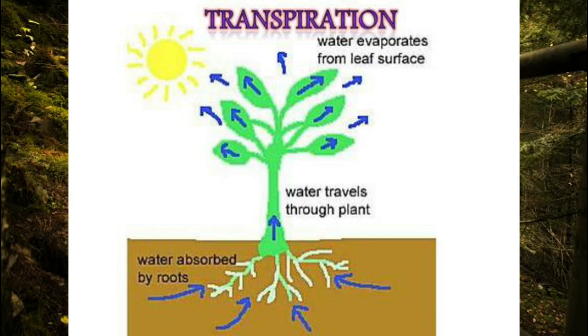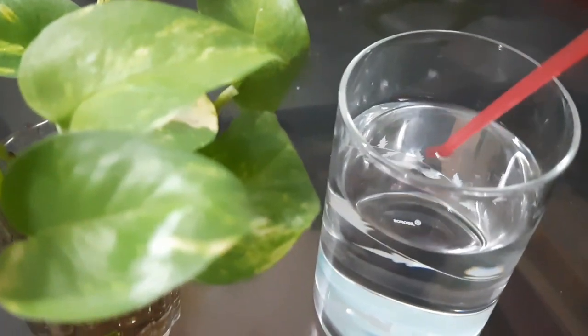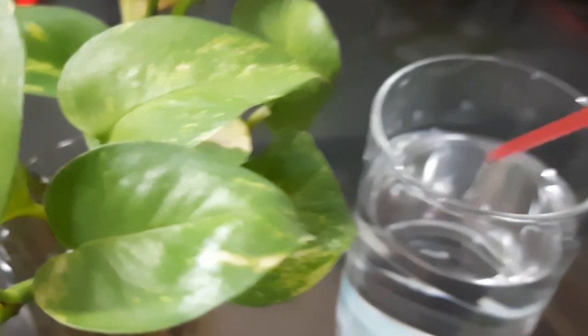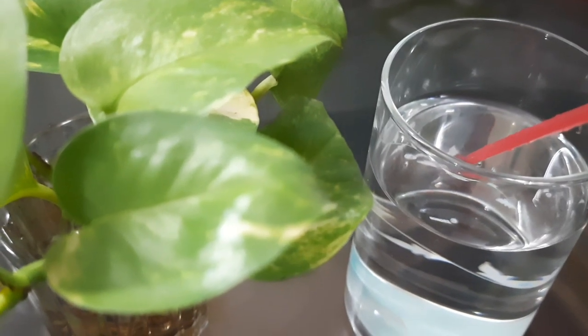The evaporation of water from leaves generates a suction pull, which pulls up water absorbed by the roots from the soil to reach the stem and leaves. This can pull water to great heights in tall trees. The same kind of pull can be produced when we suck water through a straw. So transpiration helps the plants to reach the water through the stem to the leaves, and also it cools the plant.